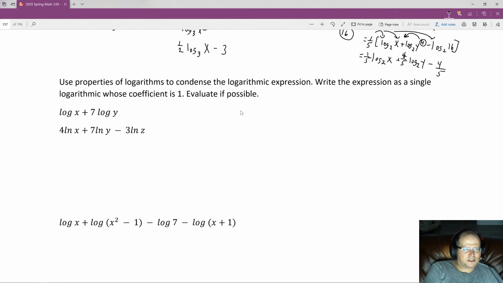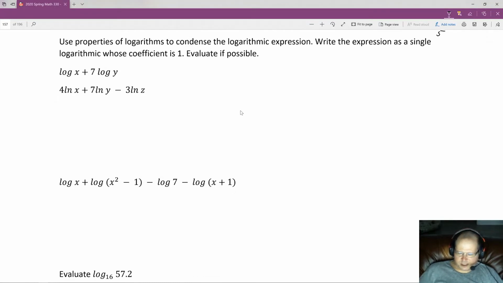Okay. Use the properties of logarithms to condense the logarithmic expression. So we're going to do what we did previously, but in the opposite direction. So right here we see addition, so that means I can convert that instead to multiplication, because both of these logs have the same base. You don't see it, so it's understood or implied to be a 10, but they do have the same base. So you're simply going to be multiplying x by, now you probably want to pull this 7 right here, pull this 7 in front,